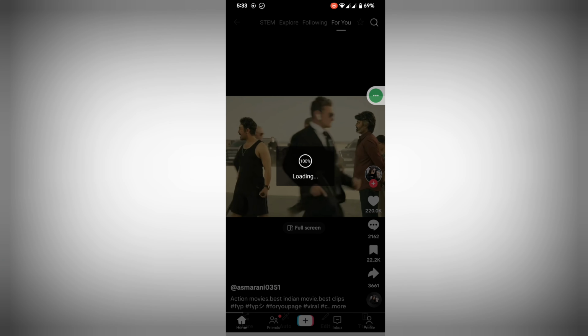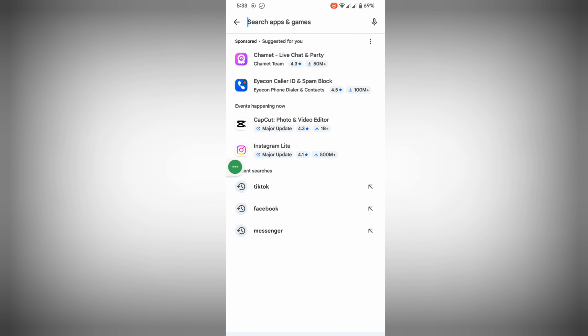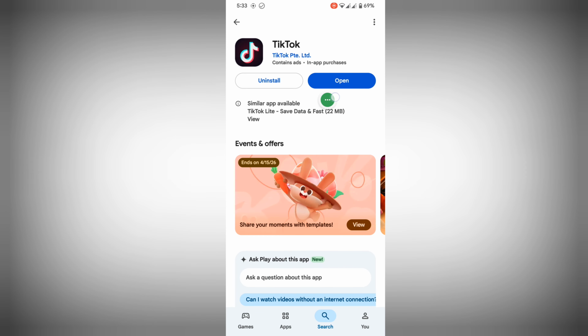In this video, I show you how to fix the TikTok video 100% loading problem. For fixing this problem, first of all, check whether your TikTok app is up to date or not. For checking this, go to Play Store, search TikTok, click on TikTok, and update your TikTok app if available